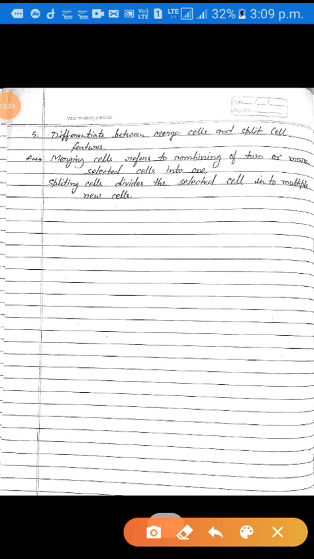Question number 5 is: differentiate between merge cell and split cell. Dear students, merging cells refers to combining two or more selected cells into a single cell, and splitting cells divides the selected cell into multiple new cells.